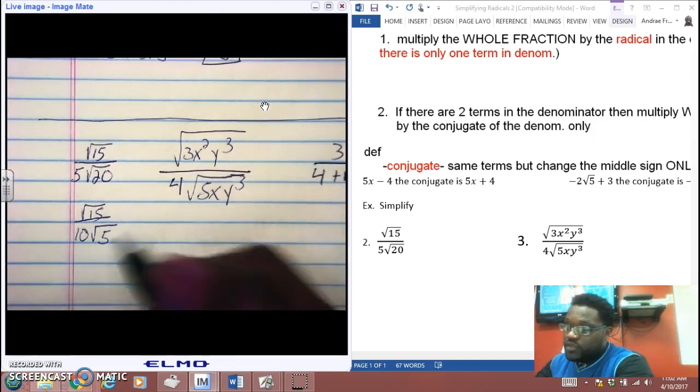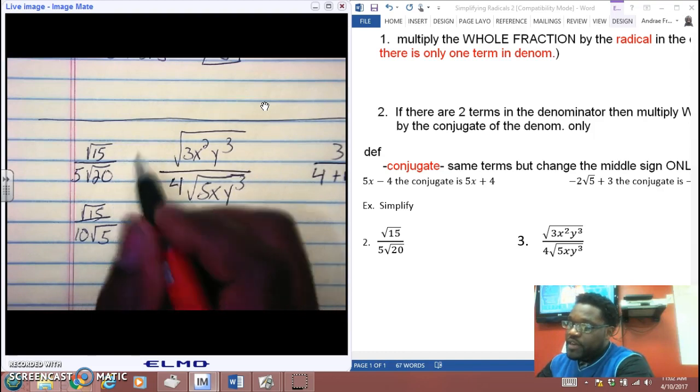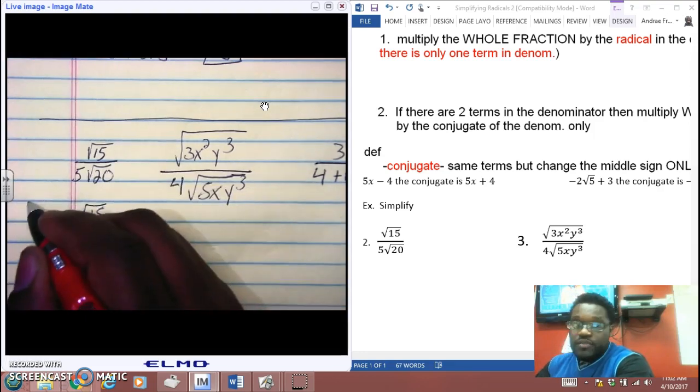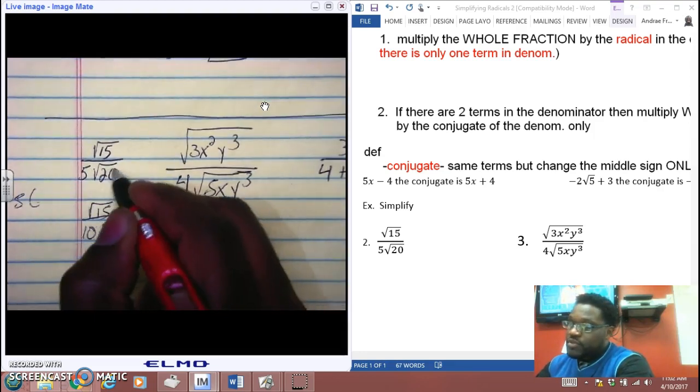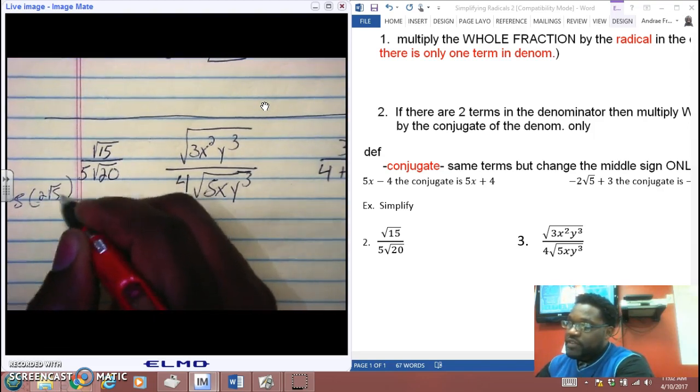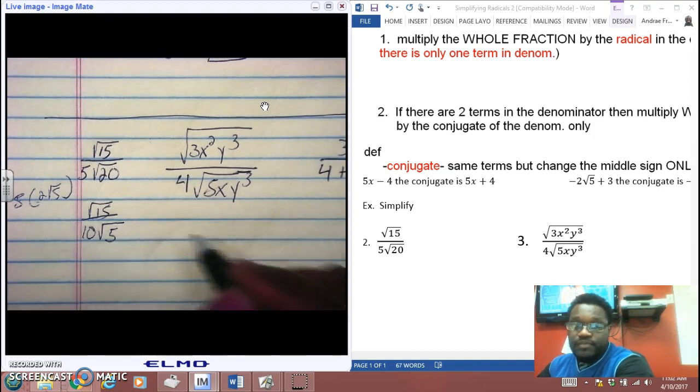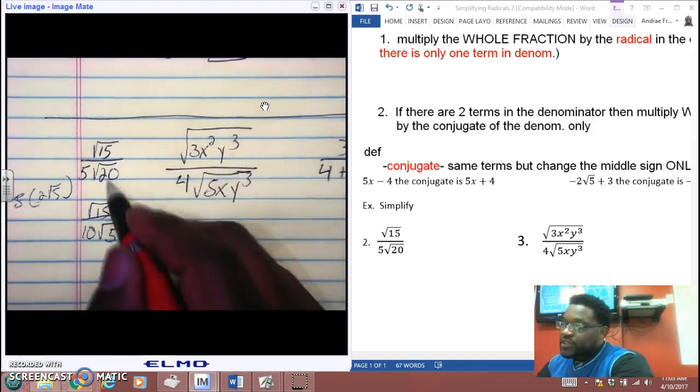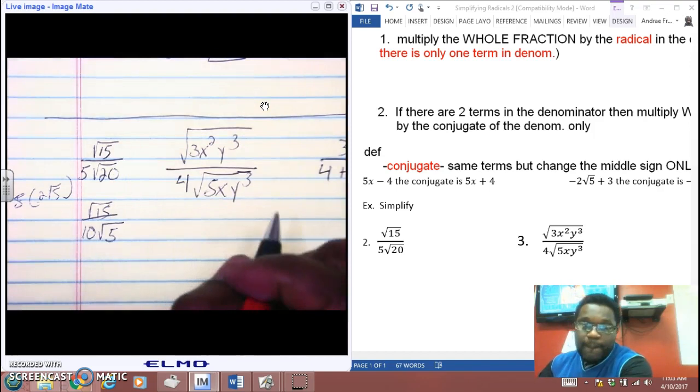Okay. Oh, now what happened there? This is 5 times the square root of 20. The square root of 20 becomes 2 radical 5. So 5 times 2 is 10. Alright? So now instead of doing square root of 20 over square root of 20, what I'm going to do